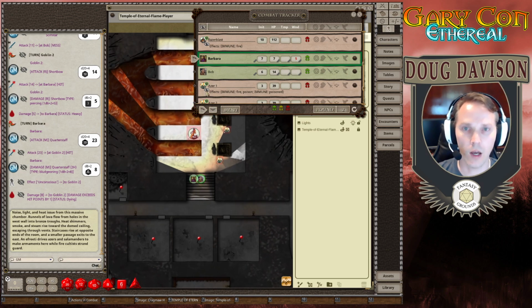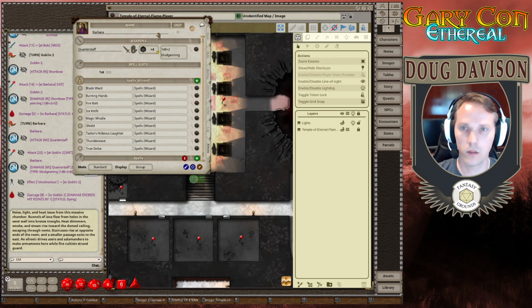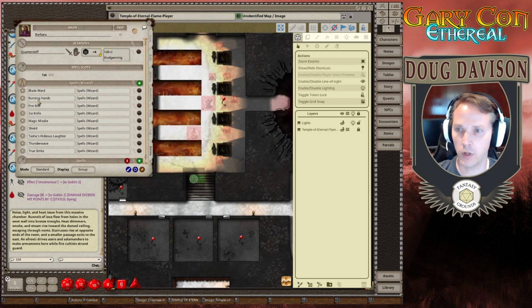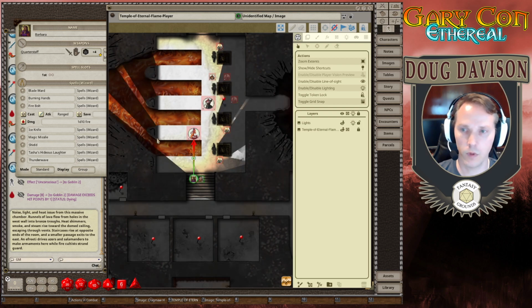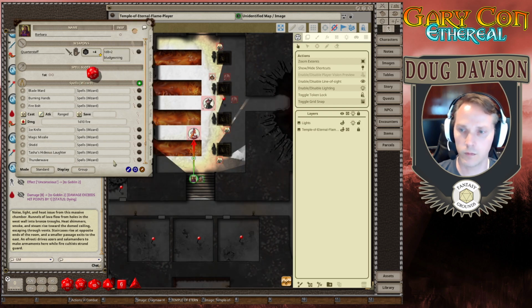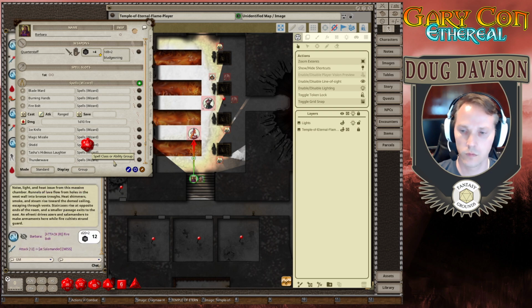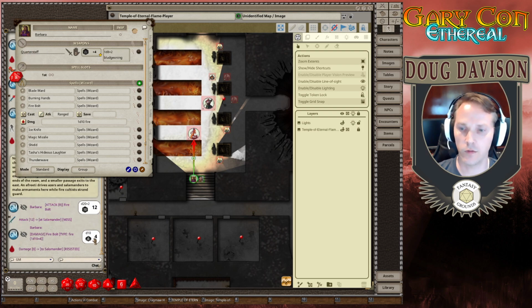Okay, so now let's say that Barbara was going to do a spell against the salamander. So I will demonstrate here. If she looks at her spells, she has Burning Hands, Firebolt. So let's try a Firebolt. You'll see that this one is a ranged attack. So she can basically target the salamander here, and then she can do her ranged attack. Let's say that it hit instead of missed, and then if I deal damage, you'll see that it says 4 is what I rolled for damage, but 0 of it was actually dealt to